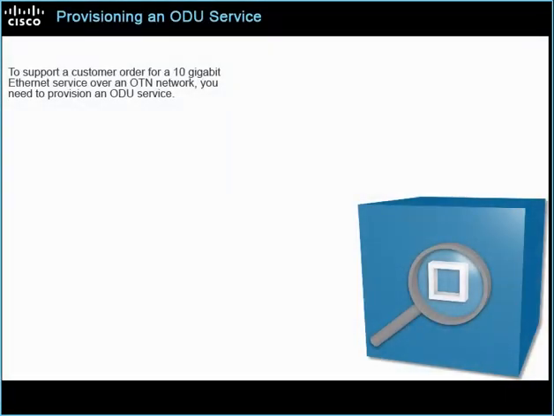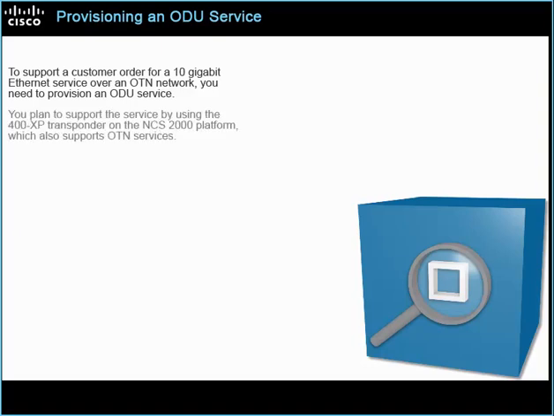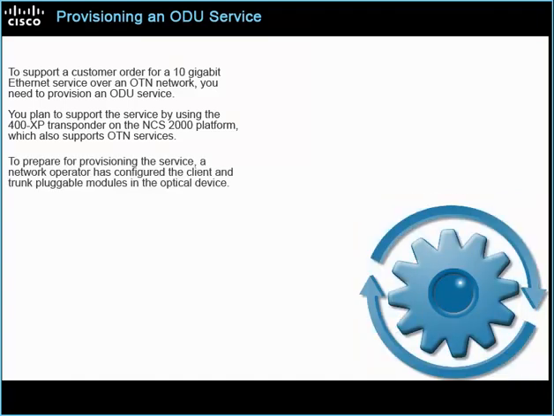To support a customer order for a 10 gigabit Ethernet service over an OTN network, you need to provision an ODU service. You plan to support the service by using the 400xp transponder on the NCS 2000 platform, which also supports OTN services. To prepare for provisioning the service, a network operator has configured the client and trunk pluggable modules